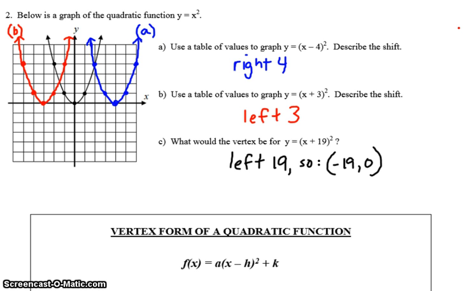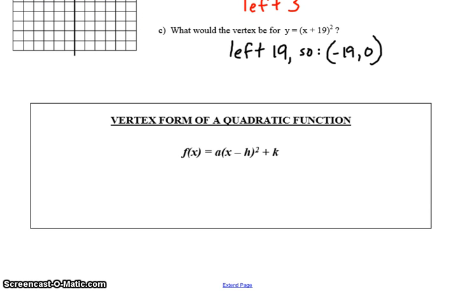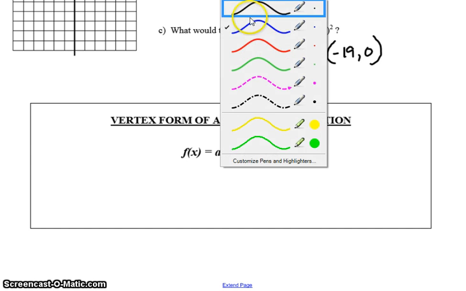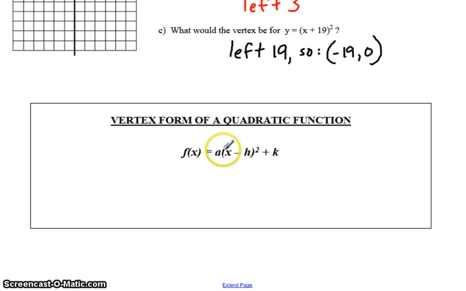All right, so let's get down to the important part of this video. Probably the most important part is the vertex form of a quadratic function. It's f of x equals a times the quantity x minus h squared plus k. And there's a lot of letters here. The a is the same a as in ax squared plus bx plus c. It's that same leading coefficient. The x means the same thing too. The h and k stand for different numbers. If you take the coordinate h comma k, that is the vertex,